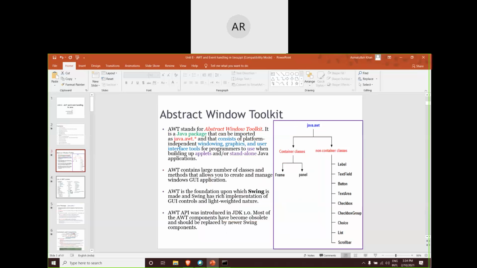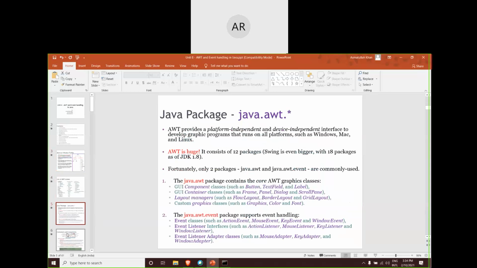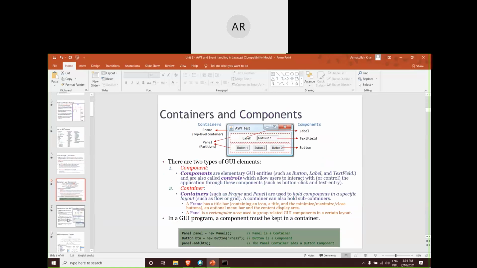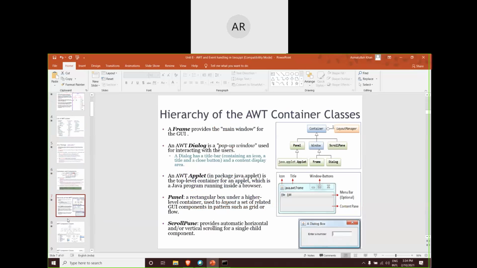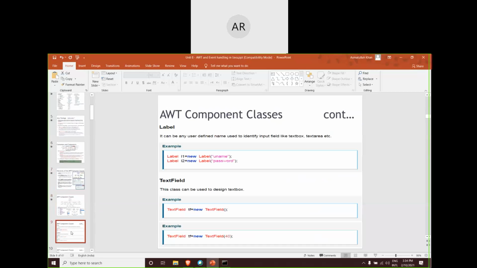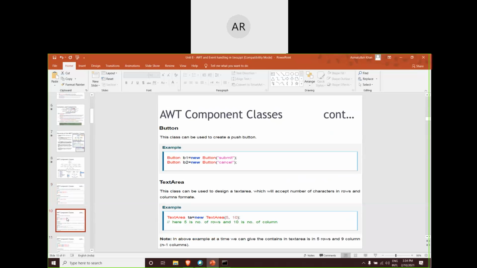So is there any doubt, or shall we close this session here? Tomorrow I'm going to start with the RDBMS second unit, and inshallah we'll close the second unit tomorrow.